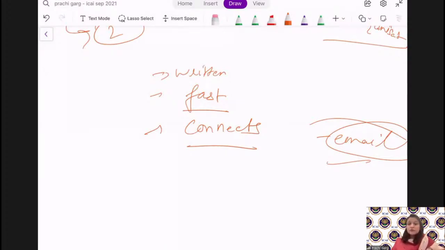Now, when you're writing an email to your family and friends, when you're writing an email to an organization, when you're writing an email within your organization also, what changes is